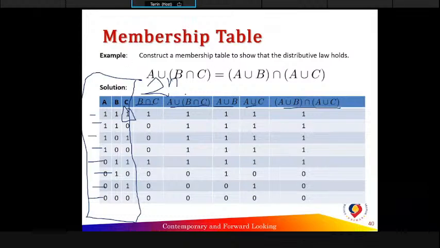So why do we have to break it down like this? Because when we just look at this one here, how do we actually calculate the value? We have to first look at B intersect C, isn't it? And then from B intersect C,